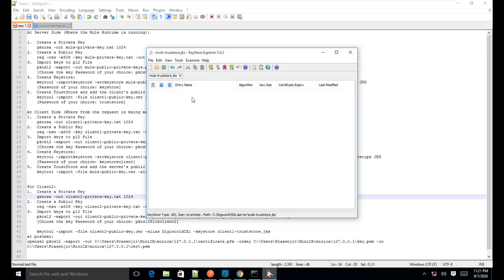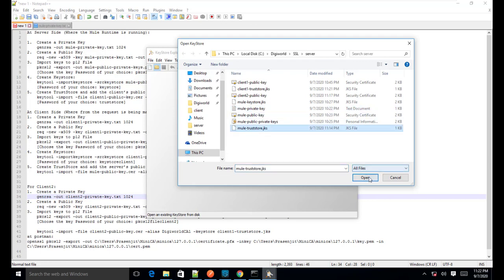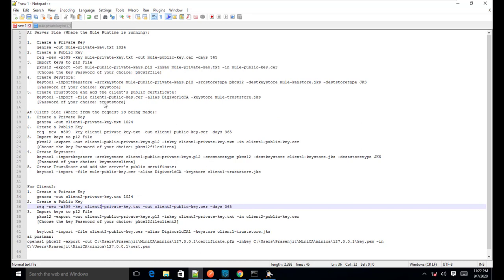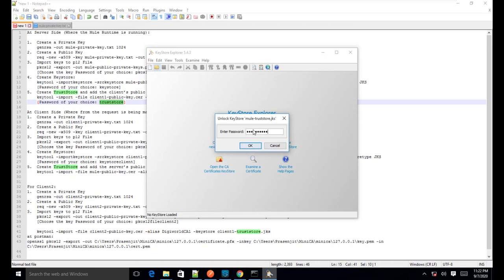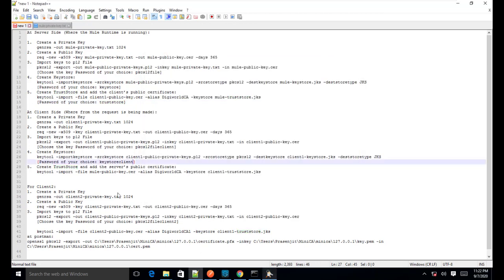So now what we can do is close it, and then again if we open that trust store, we'll find one certificate there, and this time it is again asking for the password. So the trust store password for this server is this one, so I'll put it here. Okay, why is it not showing here? Oh, okay, so this is basically some different keystore, the trust store file we have used. We should use this one.